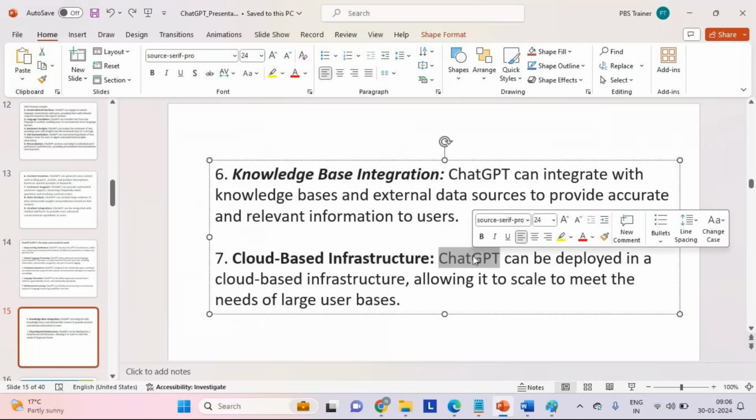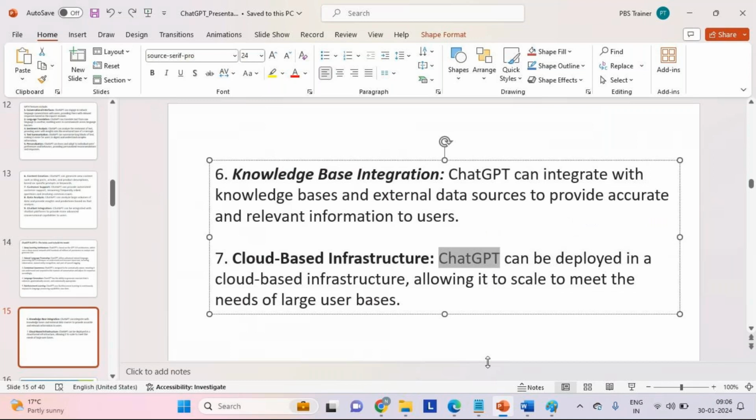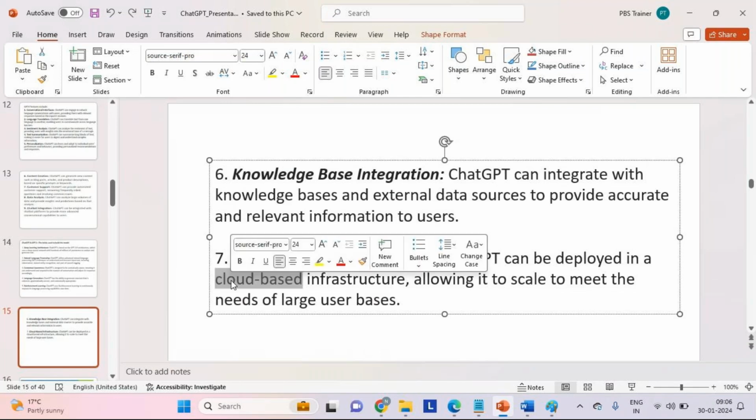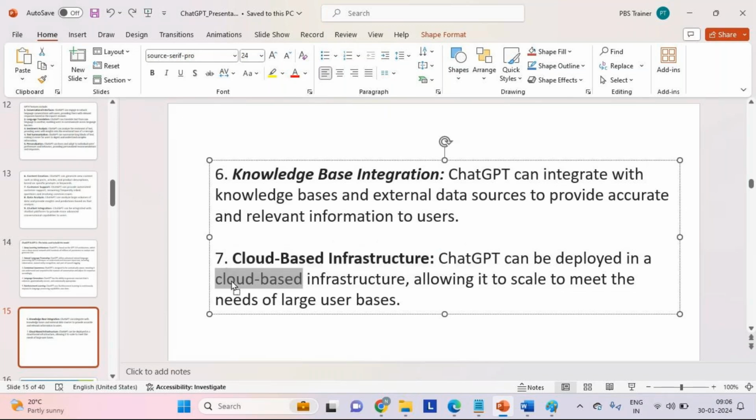So far, we are trying to emphasize local usage of this particular ChatGPT in our local environment. Now the question: can we get it deployed in cloud, like for example Azure, Amazon, Google, Salesforce, or any other third party or open source cloud? Can we integrate? Answer is yes.